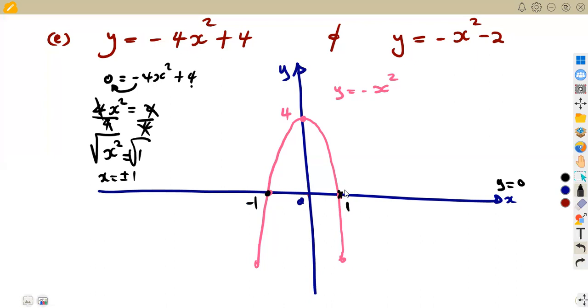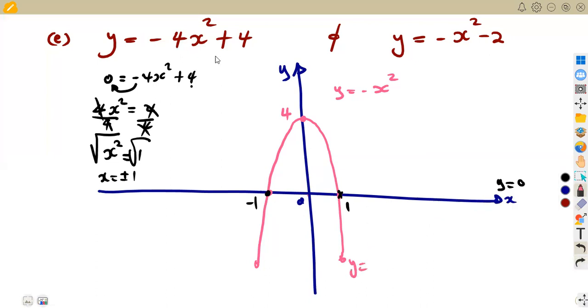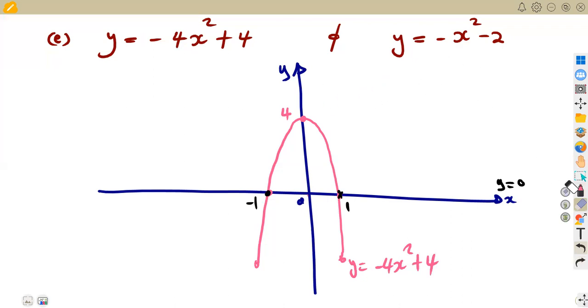All right. So these are the x-intercepts, (-1, 0) and (1, 0). Okay, so that's it for the graph of y is equal to minus 4x squared plus 4. With the same information, we want to draw the graph of y is equal to minus